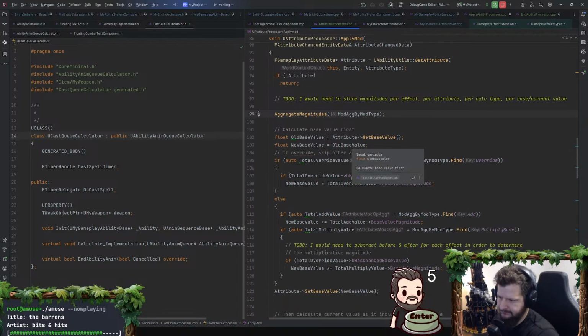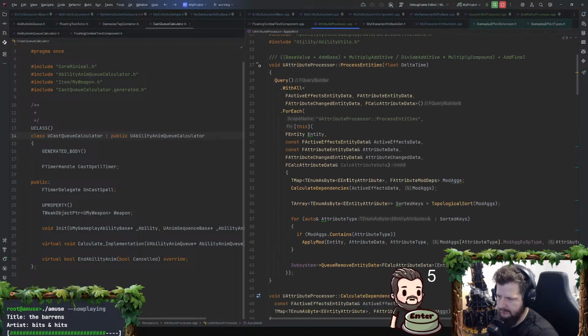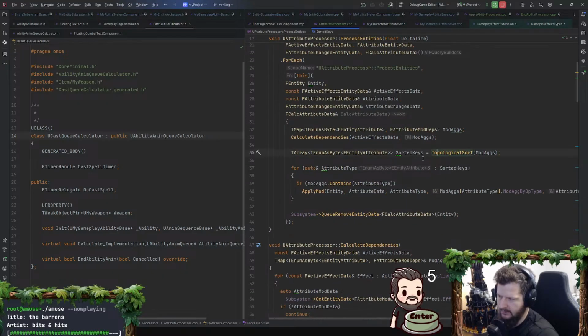So the way I tabulate my attributes now is I ended up having to do a bit of leetcode, and when I say I had to do a bit of leetcode, what I mean is I just prompted for it. I didn't feel like doing it. But we need to build out basically the dependencies of which attributes need to be changed by all of the currently active effects. We need to do that because some attributes are based off of the values of other attributes. So when you want to calculate max health, I have that based off of 10 times stamina. There's a stamina attribute, there's a max health attribute.